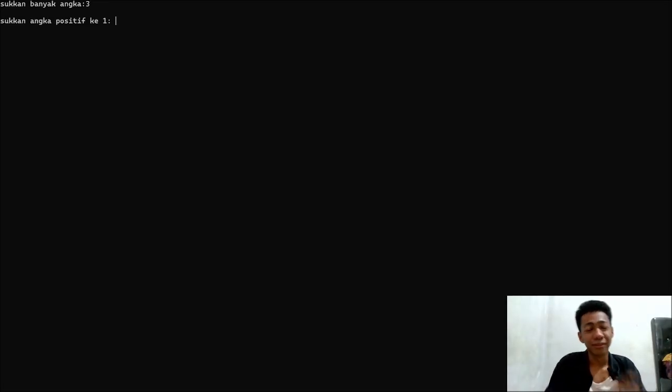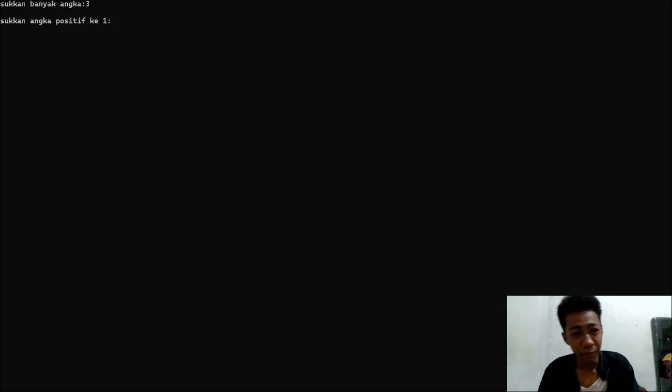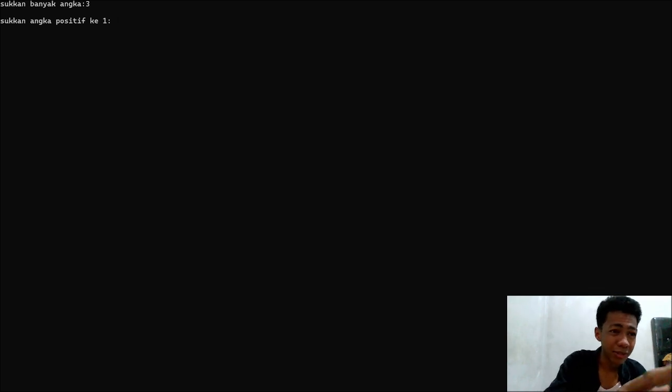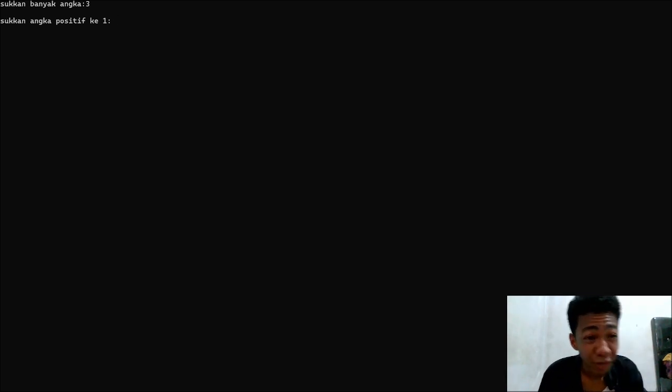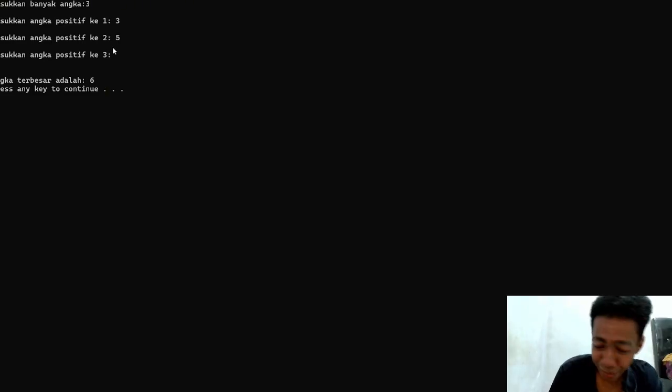After that, we will see the next loop, and here we enter the positive number. As you can see, it says angka positif, and here we input 3, 5, and 6. And as the result, the largest integer is 6, because that's the logic.